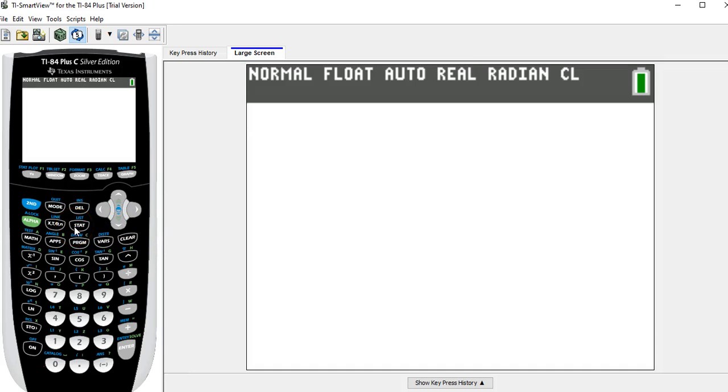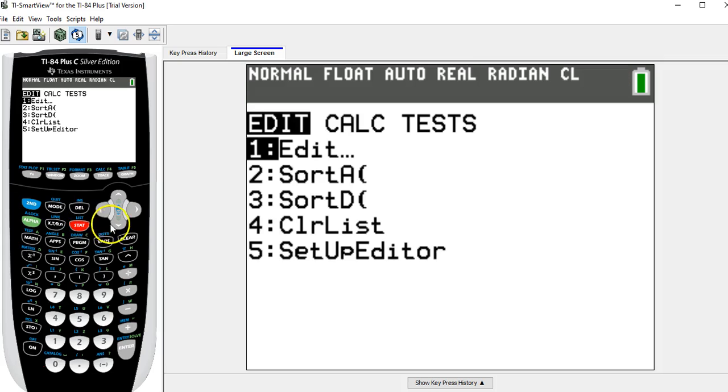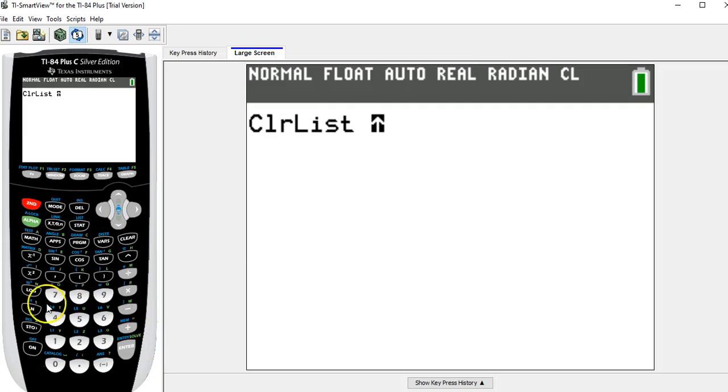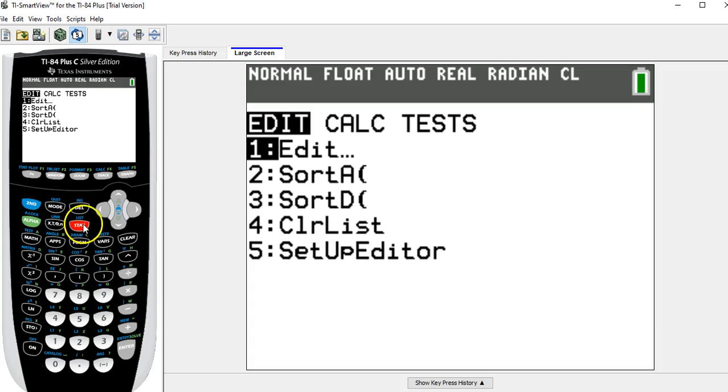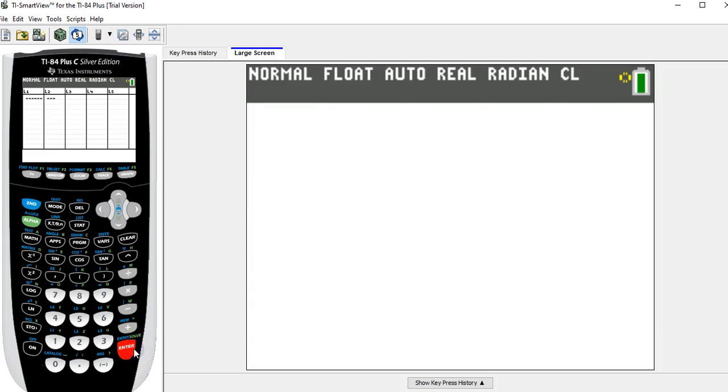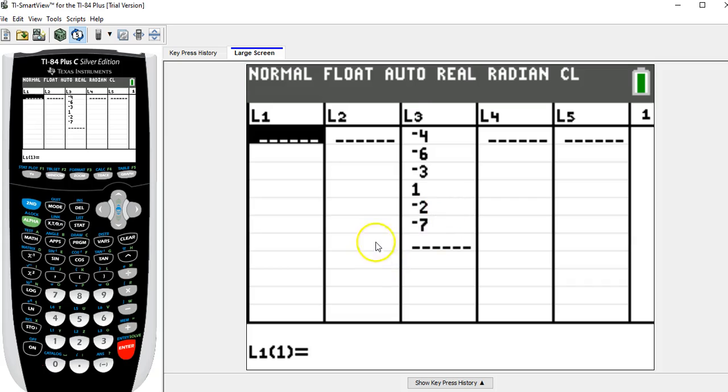I'm going to do that first by hitting stat, and then I'm going to clear out whatever I might have in list 1 and list 2 by going to clear list, and then second list 1, which is right above the number 1, comma, second list 2, and then when I hit enter, done. So those lists are clear, and now I can enter the data into those lists by going stat, edit, which is the first thing. List 3 has something, but we're not going to use list 3, so it doesn't matter. So in list 1, I'm entering the first list of numbers, which I copied down,